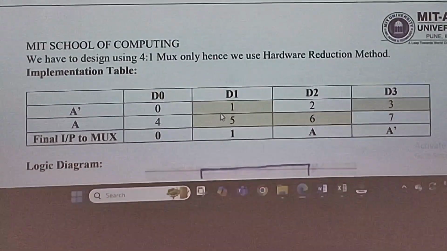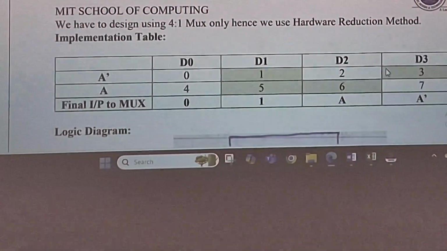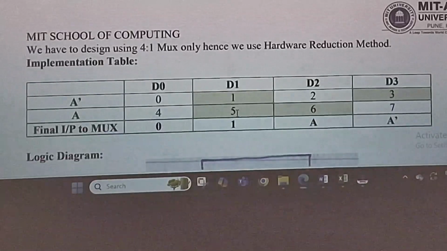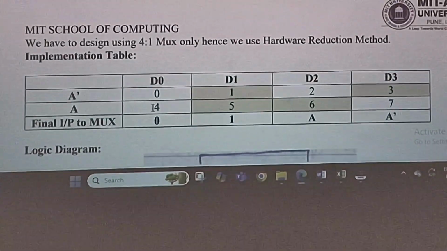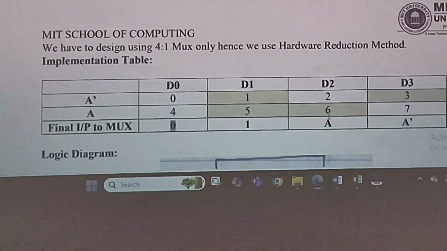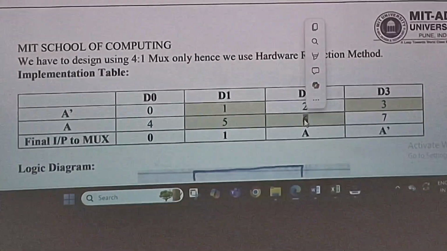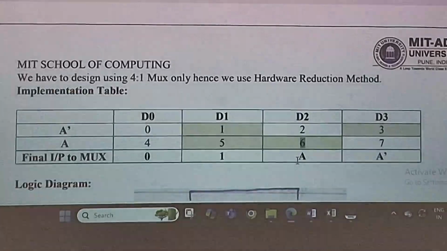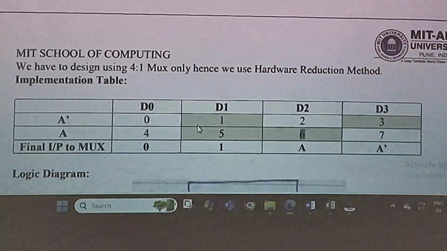उसके बाद अगर दो जगह पे highlight है, and after that you need to look column wise. कॉलम देखना. तो देखो यहाँ पे क्या है? दो जगह पे circle है, तो आपको लिखना है यहाँ पे 1. यहाँ पे दोनों जगह पे circle नहीं है, तो यहाँ पे क्या लिखना है? 0. अभी देखो यहाँ पे एक जगह पे highlight है, तो कहाँ पे highlight है मेरा? 6. So where does it come? A. So that I have written here A. 3 and 7 कहाँ पे highlight है? 3. And where does it come? A bar.